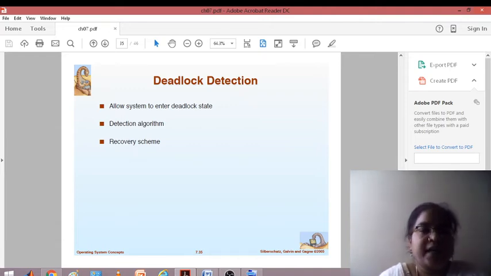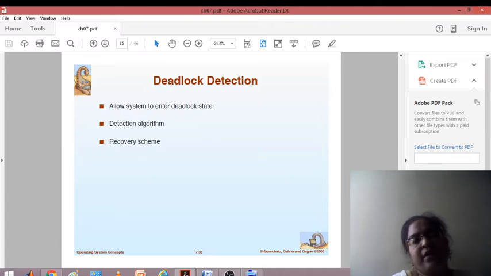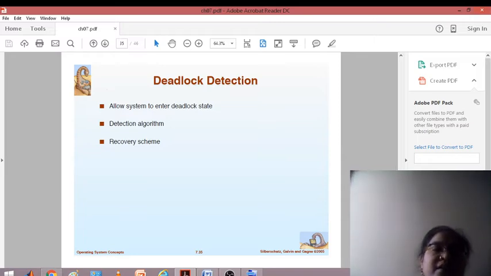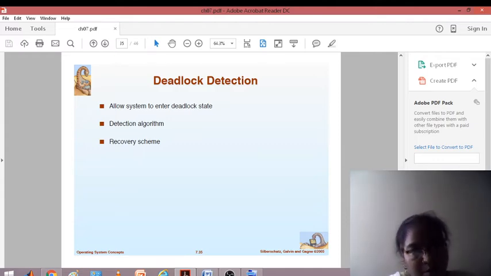The PDF on how to obtain the safe sequence is already given in the solutions for your OS assignment. Now we have seen deadlock prevention and deadlock avoidance, where we try to avoid the deadlock and see to it that the deadlock never occurs. That was one measure for handling deadlock. Another measure is to allow the deadlock to occur, then detect it and recover from it. Another measure is to let the deadlock occur and ignore it, behaving as if it has not occurred.